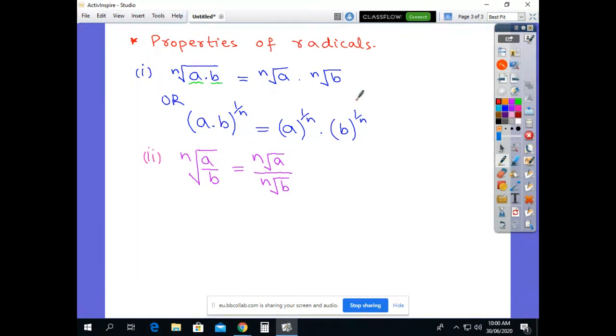Now the third one: the nth root of the mth root of a, there exist two roots of a. The mth root of a, and then the nth root of the whole, is equal to the n times m root of a. That is, we multiply these exponents. That is, the nm-th root of a, or